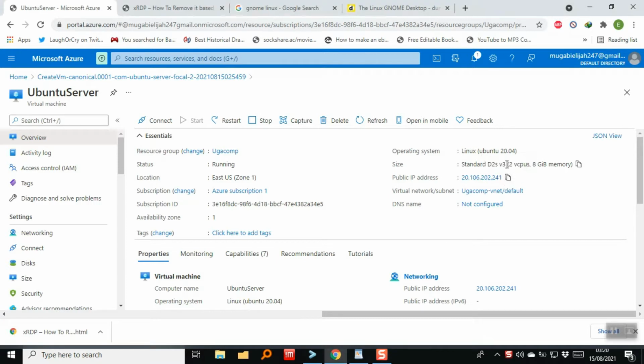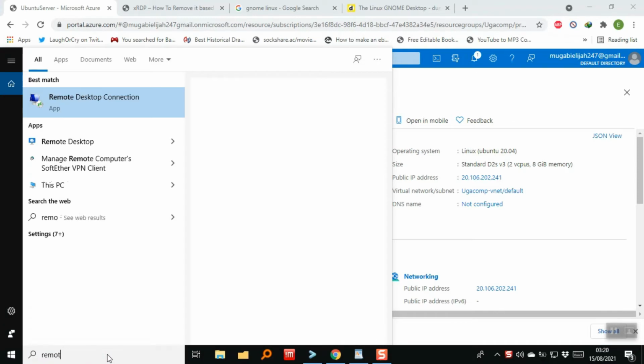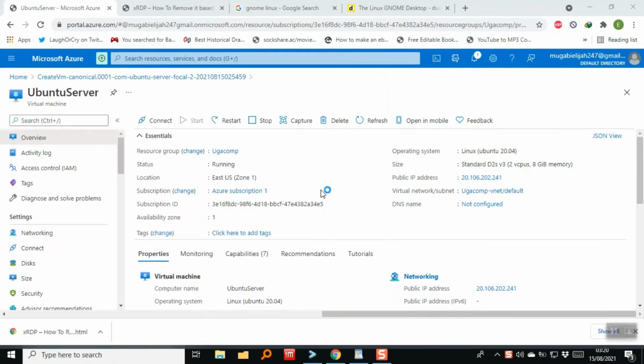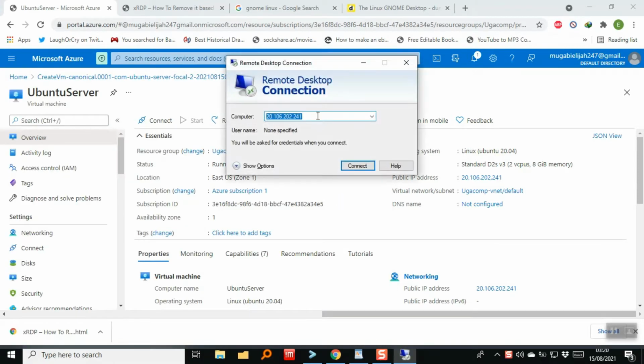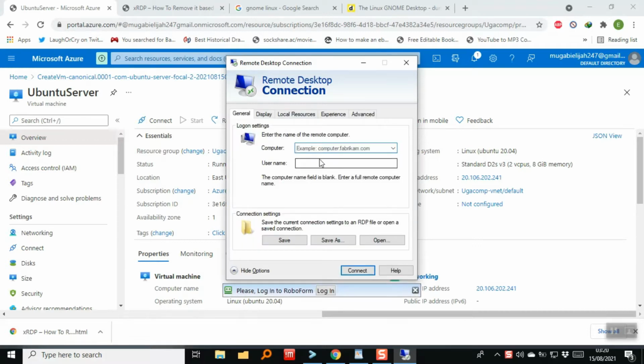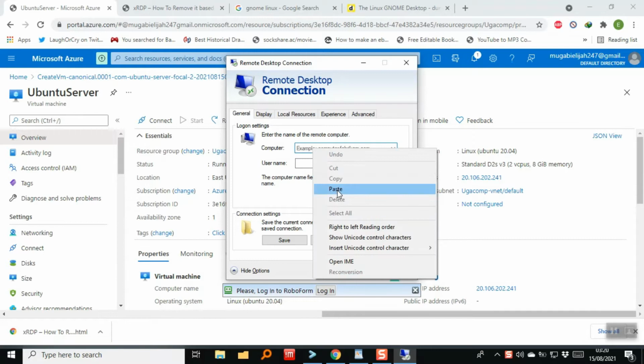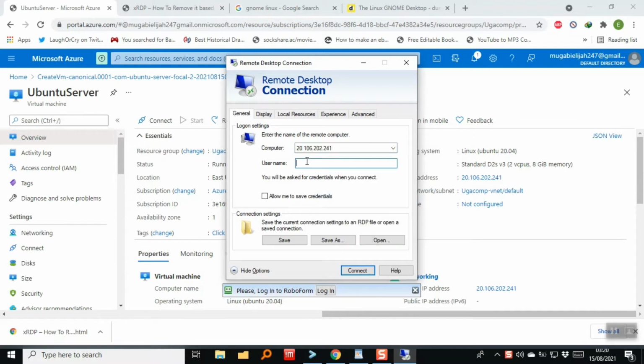So when I copy this IP address and try to connect using remote desktop, I paste the IP address for the server in the Windows remote desktop connection, and this is my username. When I try to connect,